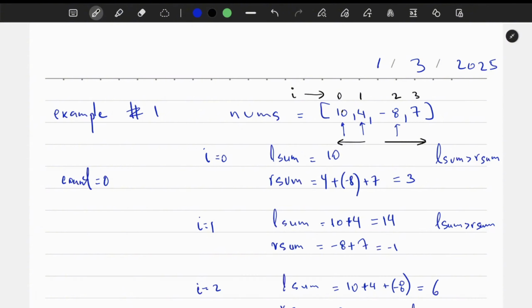So we are given this example 1 here. The nums array is 10, 4, minus 8, and minus 7, with indices 0, 1, 2, and 3. We need to split this array into two, left and right, such that the sum of the left elements is greater than or equal to the sum of the remaining right elements, right? Let's say after we put this index i, 0, 1, 2, 3, we need to get the sum